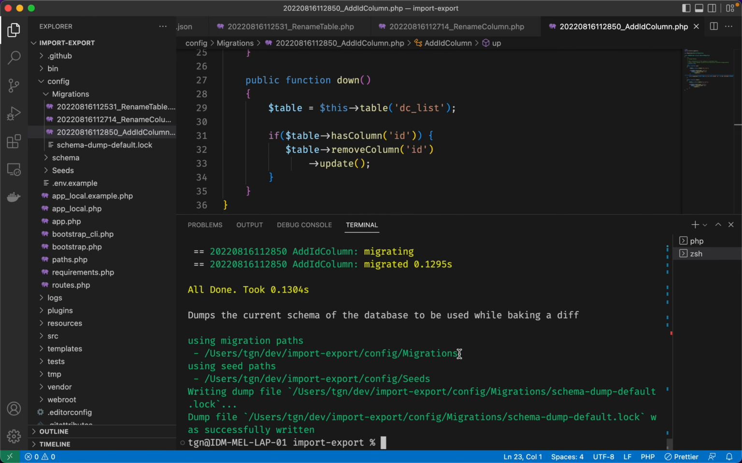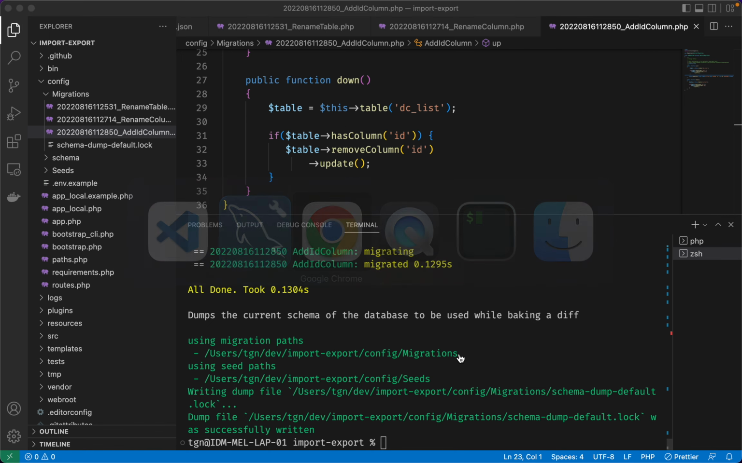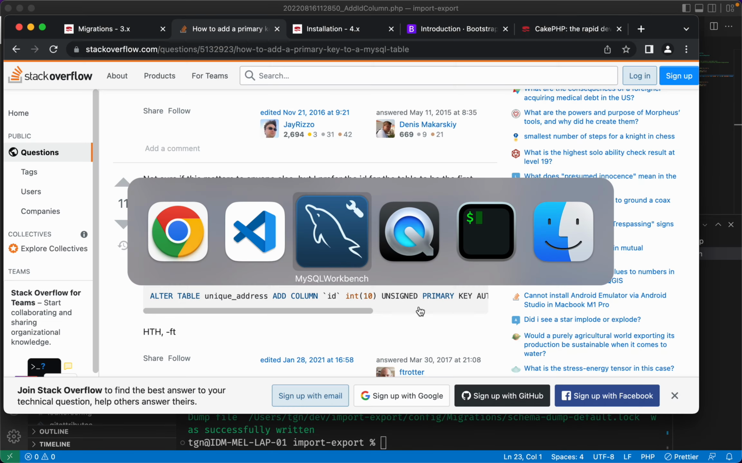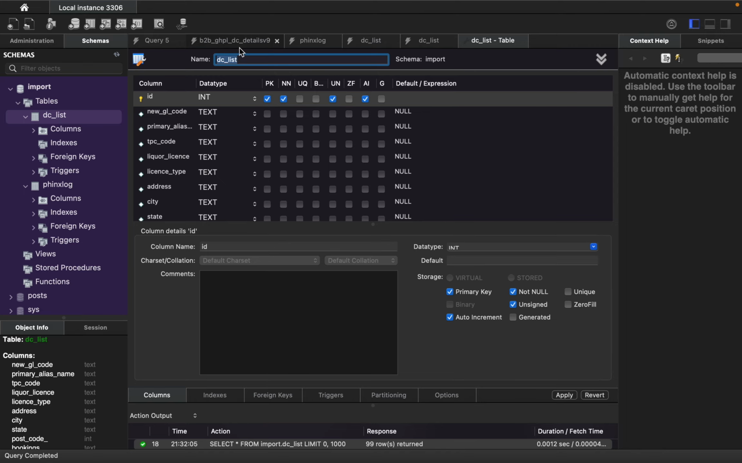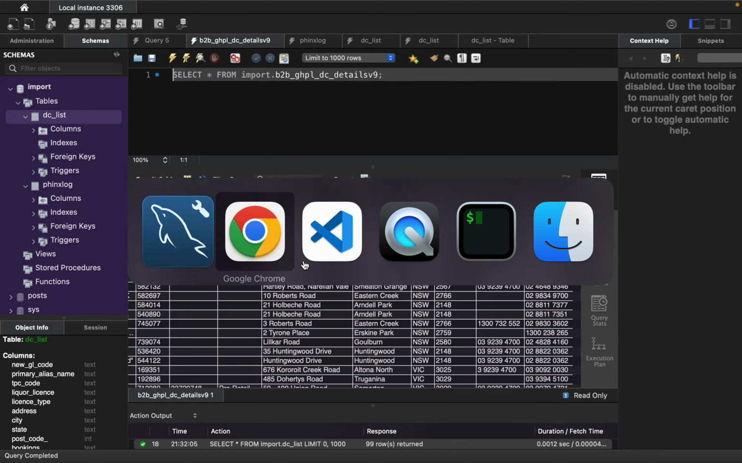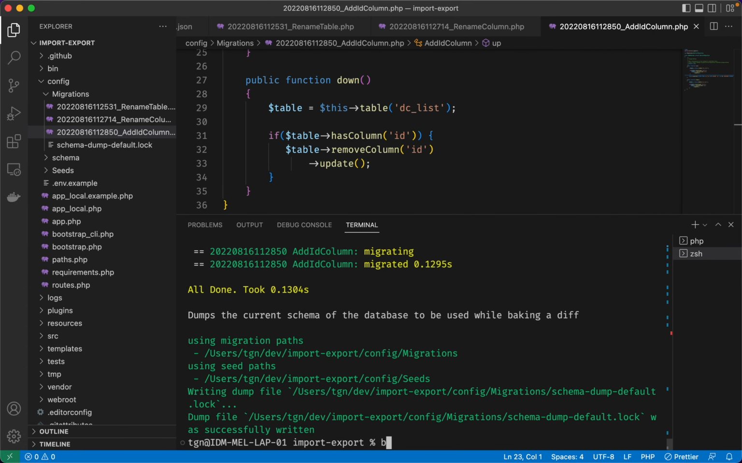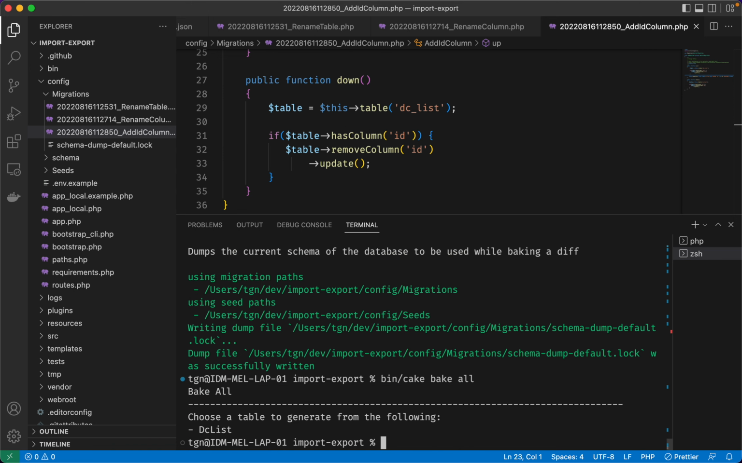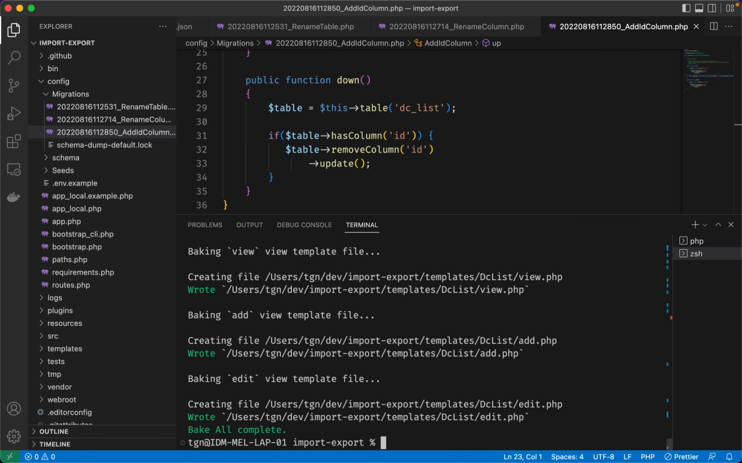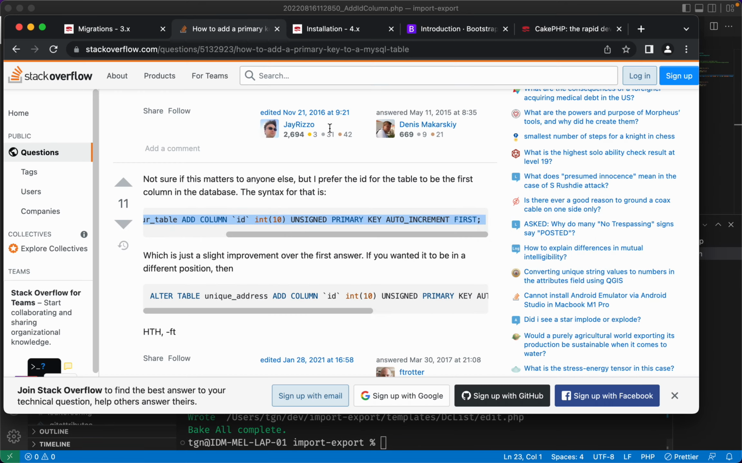Now let's have a look at our information. It's all in the database there. It's ready to display, and let's try that. Go bin cake bake, and we want all, and when we choose the all option, it says, well, what table do you want to bake all for? And it does our